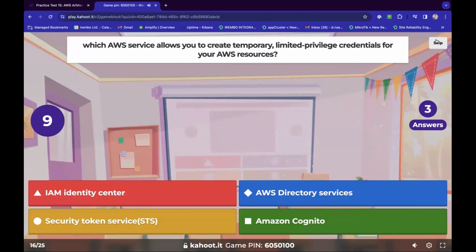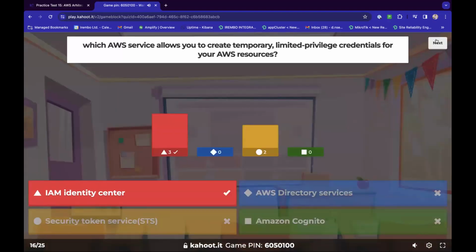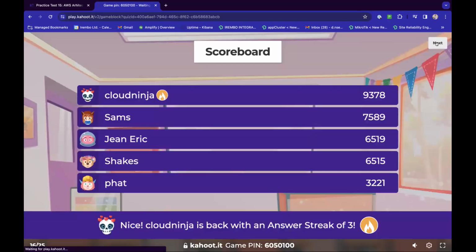Is it AWS Directory Service? Is it Security Token Service or Amazon Cognito? Okay. Yeah, so the answer is IAM Identity Center.